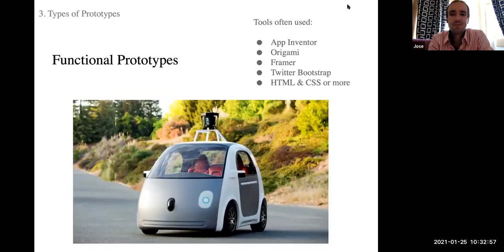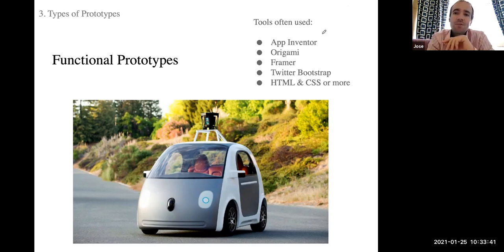Do you know this one? What is that? So this is the Google car, Waymo. It's an electric car. So this is a functional prototype. It works, it functions, right? So this functional prototype, as we said, the point is to test if the thing would work, if the technology would work, right? To do a functional prototype, what you want to do is something that works. So code that works, right?